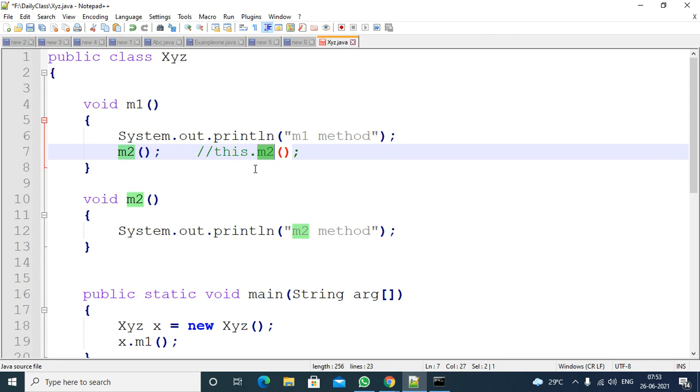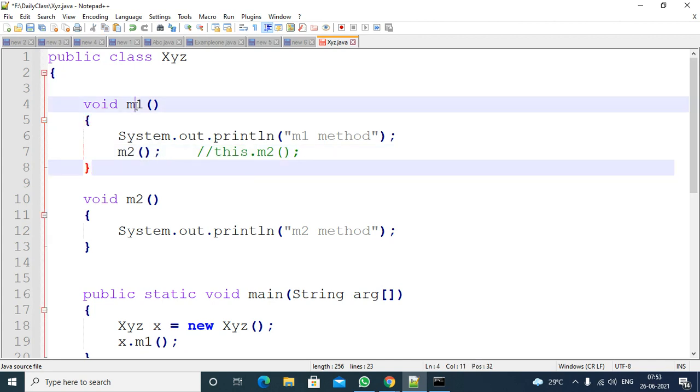So what is the meaning? In the current class, whatever instance members are there, everything will be pointed to by this reference. You are directly writing m2, but at the back end the compiler will add this dot.